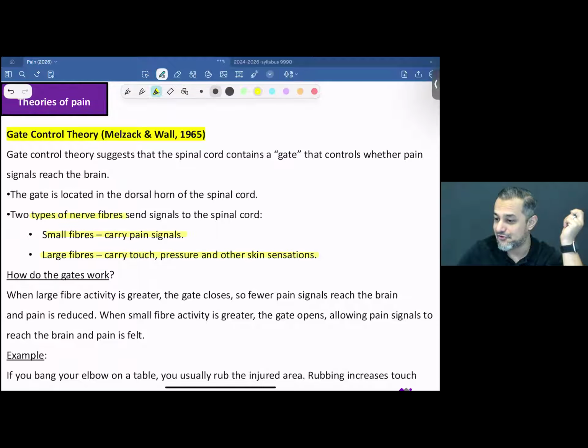Epidural, yeah, epidural. I think it was epidural, yeah. Thank you for your help. So yeah,